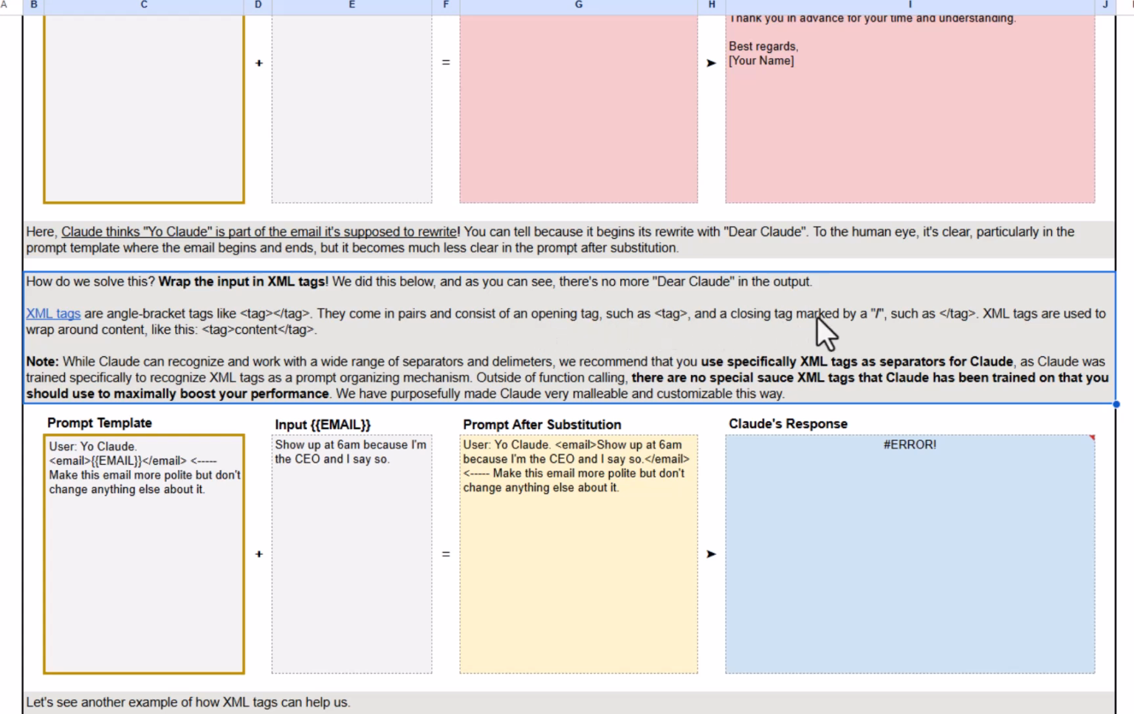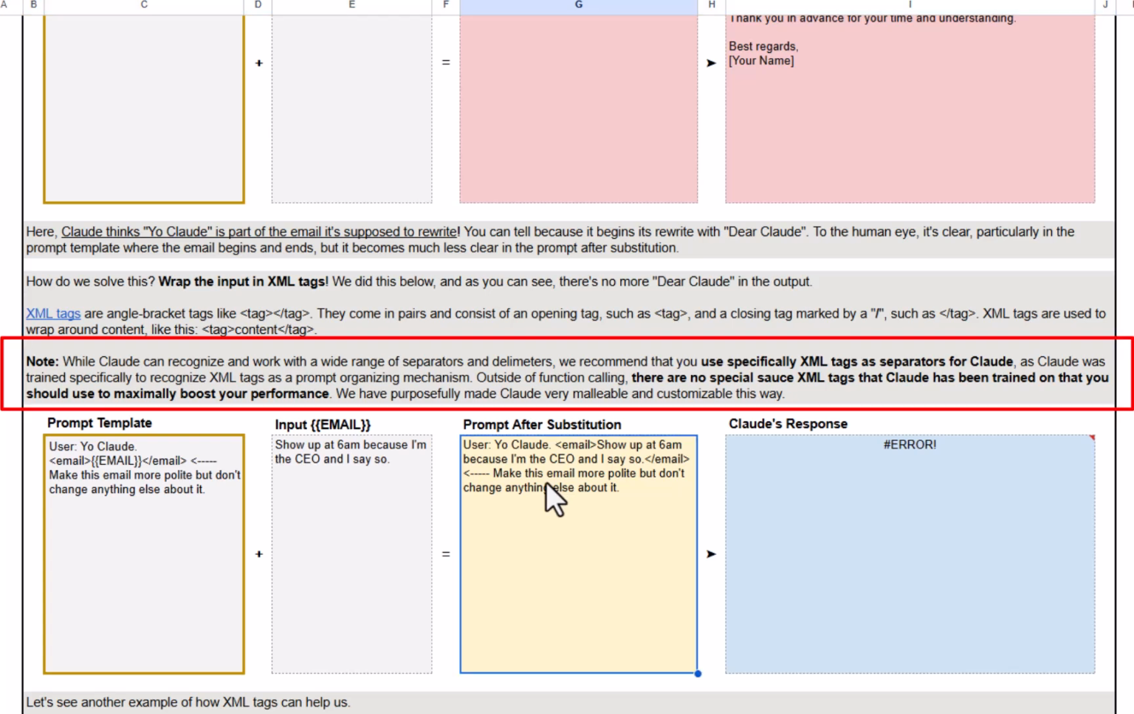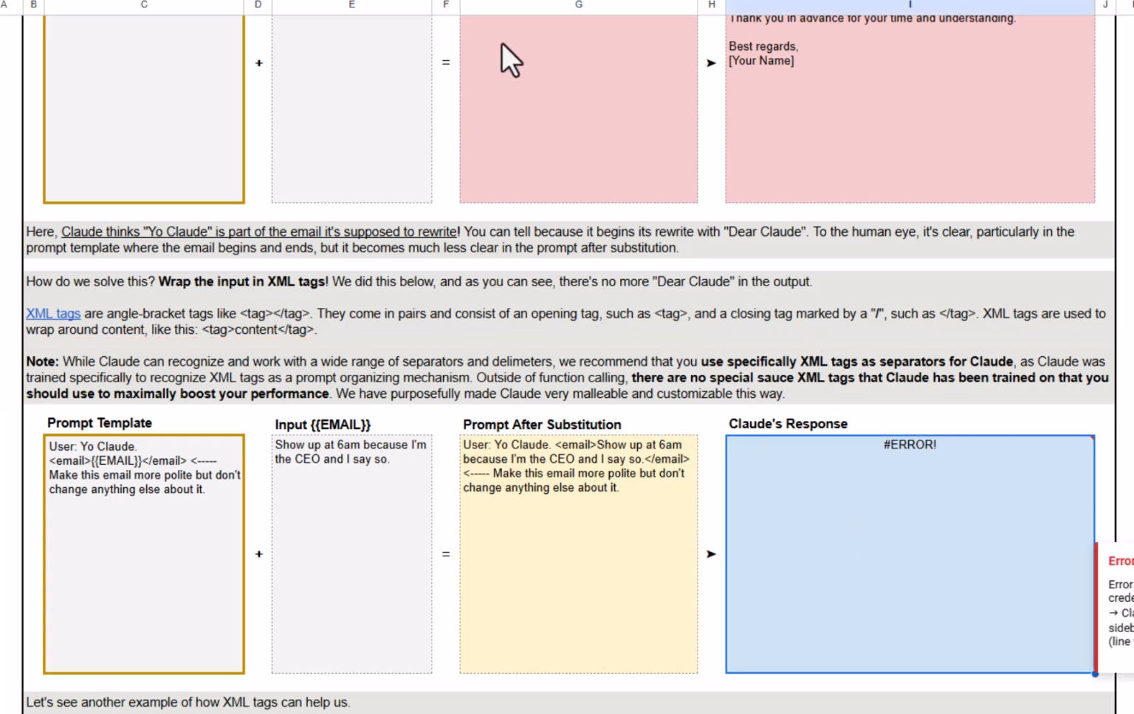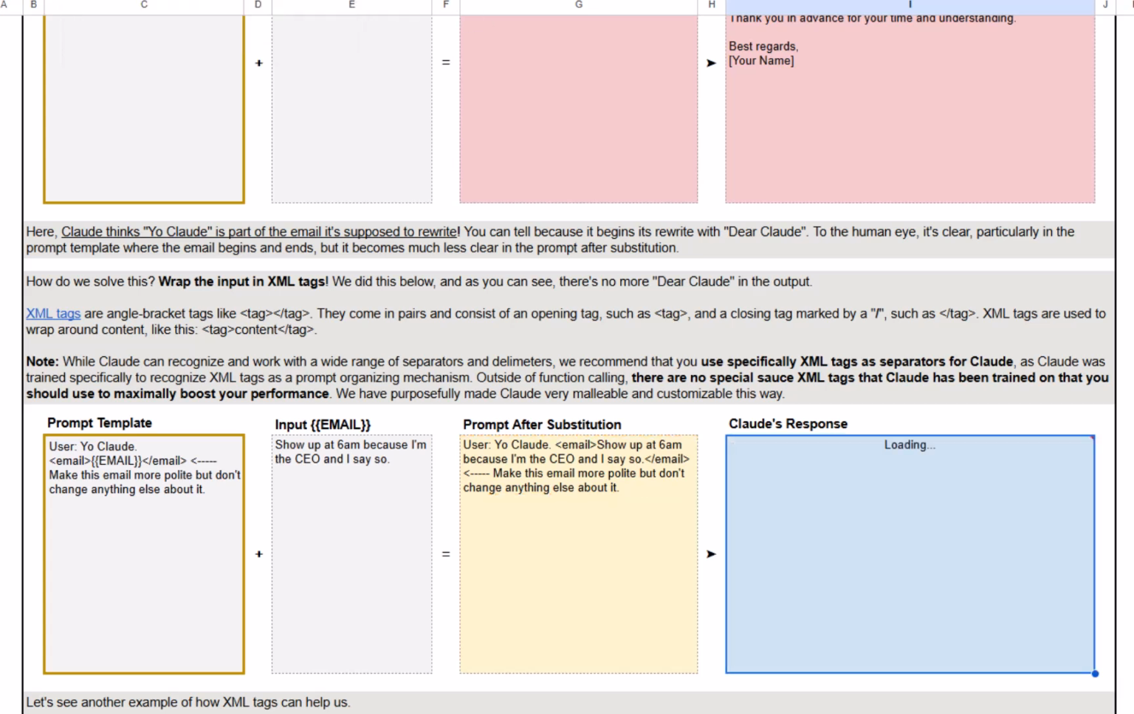This document also says that Claude was trained specifically to recognize XML tags as a prompt organizing mechanism, and there are no special sauce XML tags that Claude has been trained on that you should use to maximally boost your performance. The prompt template on the screen is showing how you can define the boundaries of your variable